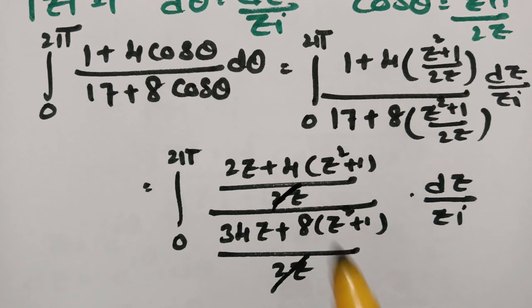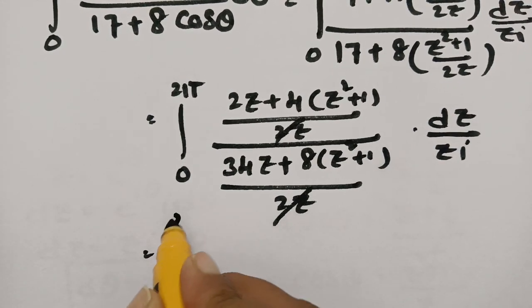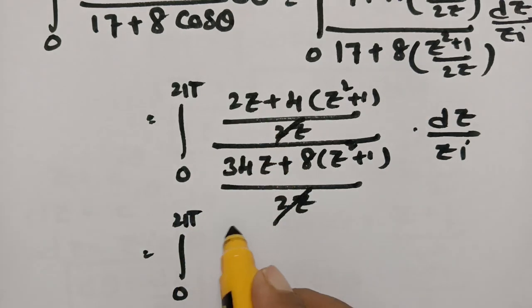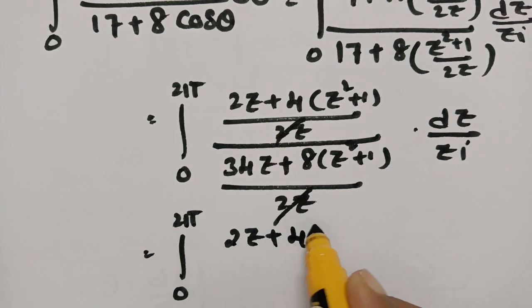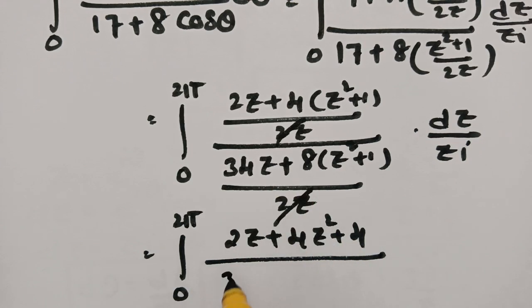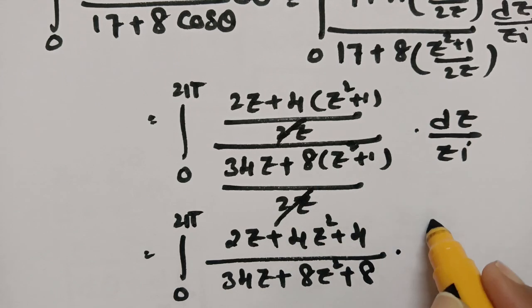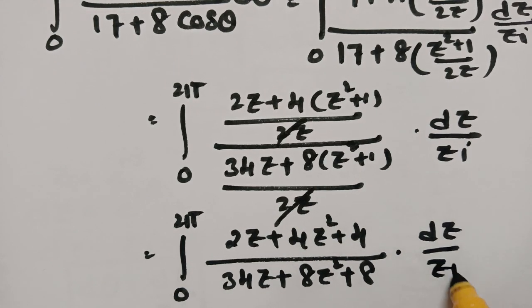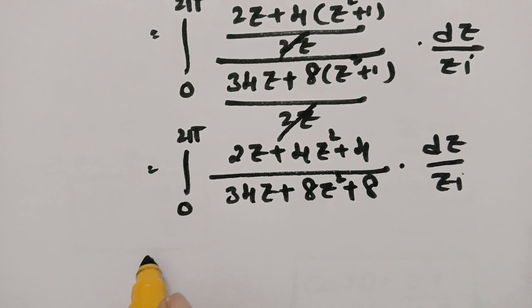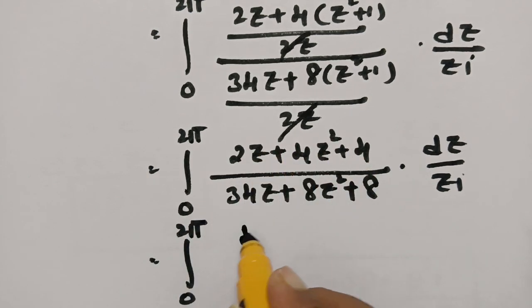Clear? I can cancel these two, and after multiplying, what happens here? This will be the integral from 0 to 2π. This value is 2z plus 4z² plus 4, divided by 34z plus 8z² plus 8, into dz by zi. If I write it properly, that is the integral from 0 to 2π, which can be written as